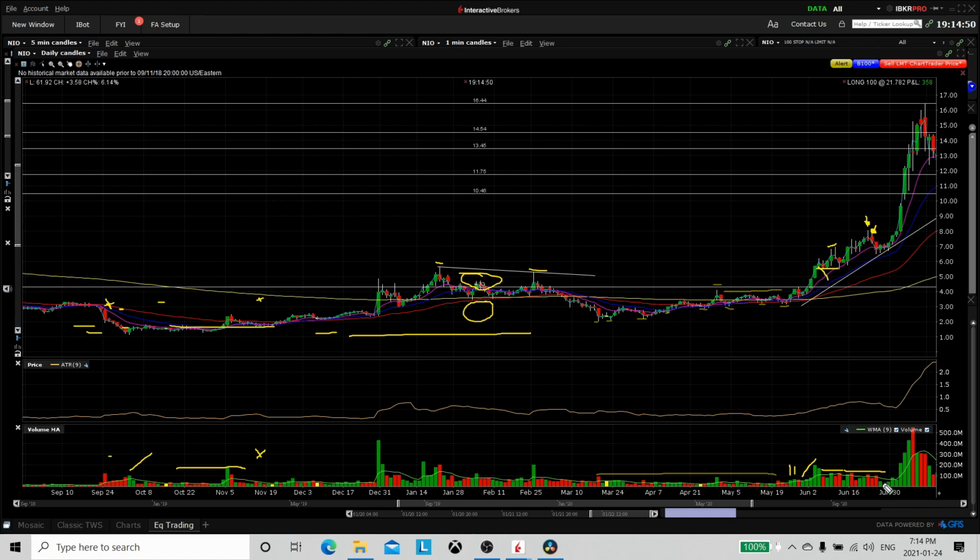However, these three candles, which were these ones right down here, weren't really on enough volume. There wasn't enough interest in selling for it to really end that trend. Now you can see right here, the lows of these candles were progressively walking their way up. And this is more or less,